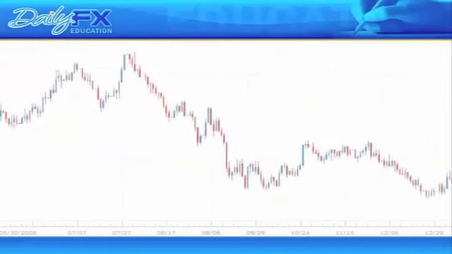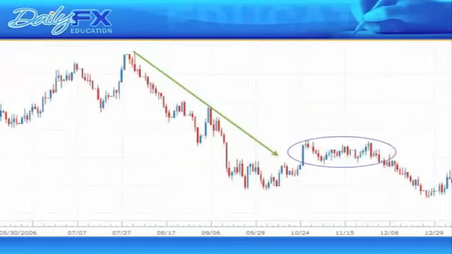Here's a situation where prices began to consolidate after a steep trend. After a strong trend, prices tend to consolidate and trade sideways for some time. However, at some point, typically the range will break and head in the direction of the previous trend. Using a combination of horizontal support and resistance and Bollinger Bands, we can strengthen our trade setup by filtering the